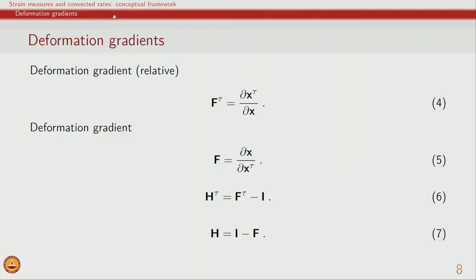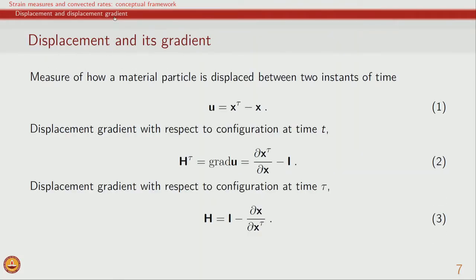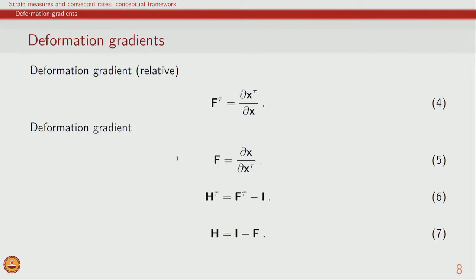So, what we can just emphasize here is that the displacement gradient becomes 0 at present time, because x tau is equal to x, and this also becomes 0. Of course, there is no deformation with respect to the present in the present itself, and therefore the other deformation measure, which is the deformation gradient, becomes unity at the present time. And the deformation gradient, when it is defined with respect to any arbitrary time tau, is denoted and called the deformation gradient